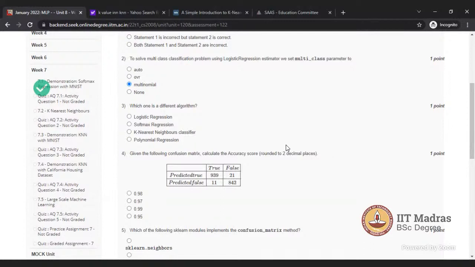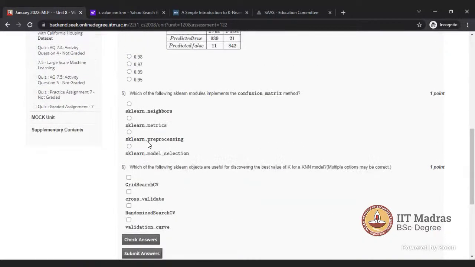It's K nearest neighbor. I would say in this question we can see it in two ways. The correct answer is given as KNN only. But here, all the other algorithms are classification algorithms, whereas polynomial regression only works for regression problems. So the answer is KNN classifier, because we can select based on that.